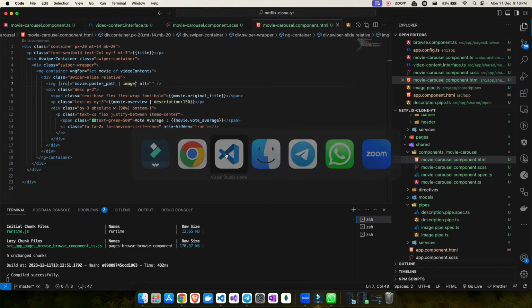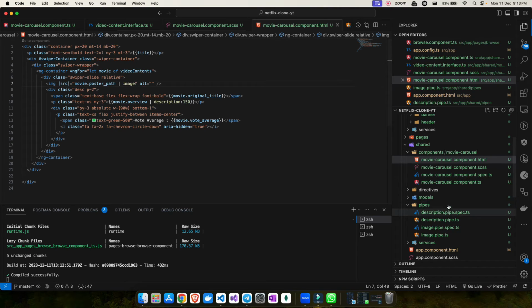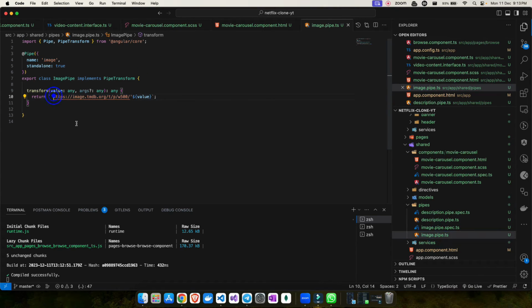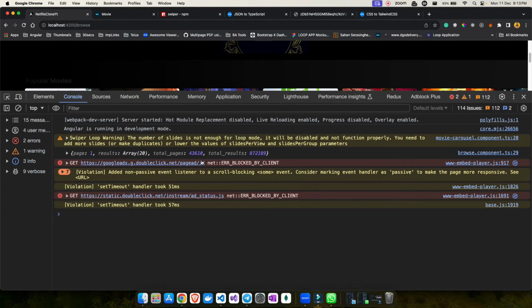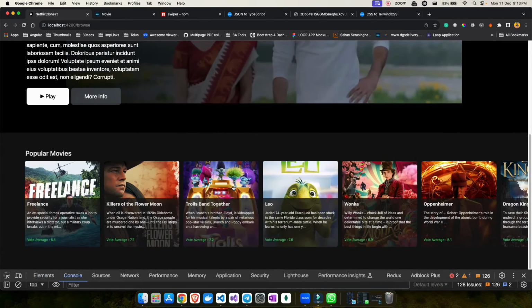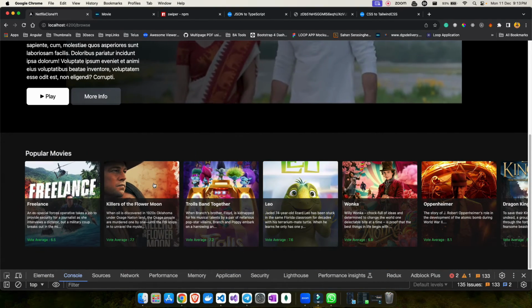Okay, so let's go back here. I think we are missing something, so let me fix that. So go in the image pipe. Sorry, you don't need to do this because we have already added a backtick. So no need to add our own quotes there. Let me see if it is still fine now. So now if I go here, I can see all the images again. So that fixed the issue because I had added quotes.